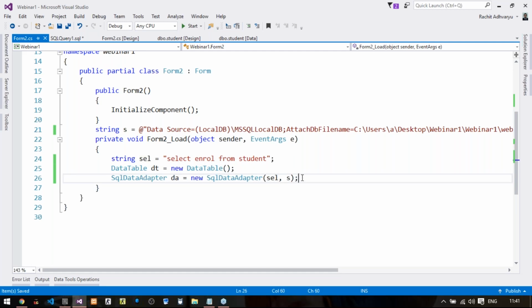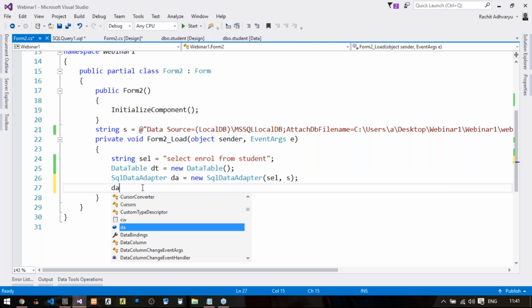Next, once this query is executed, all the data will be contained in this particular object, and this needs to be filled in this particular table. So I will write da.Fill(dt).